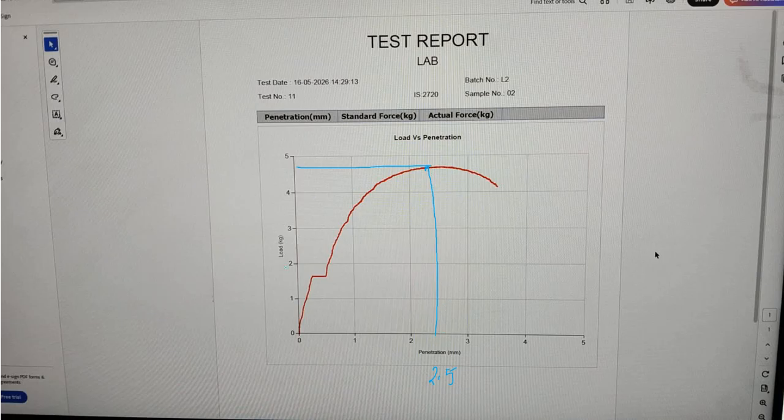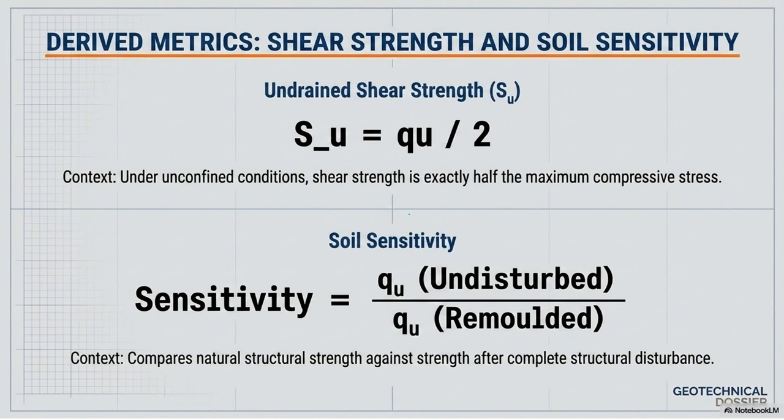And you can see that the load was mentioned in kilograms and the penetration was mentioned in millimeters. Now, this is the undrained shear strength, Su, which is equal to qu by 2. What is qu? qu is the compressive strength for the undisturbed sample, and qu remolded is for the remolded state, if you do the experiment for a remolded sample, and the ratio between these two is defined as the sensitivity